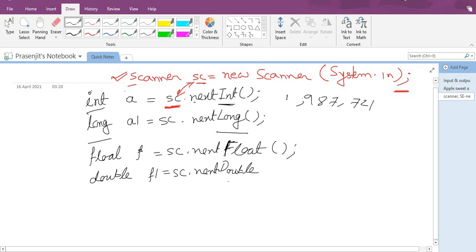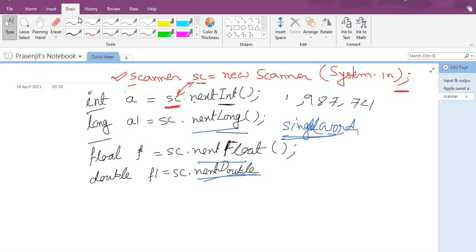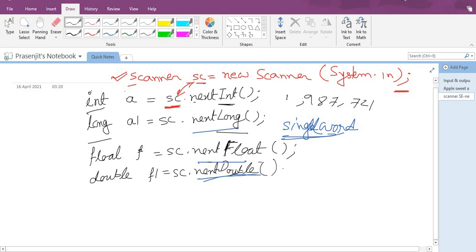You remember one thing, this line, if I consider here, you can see all are single word. I am forgetting to write the bracket.